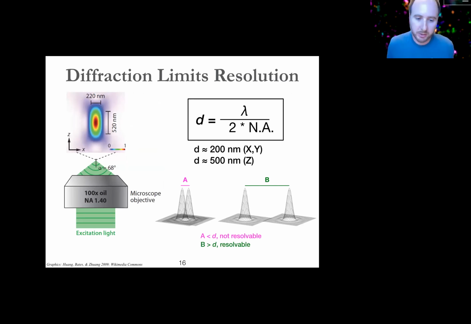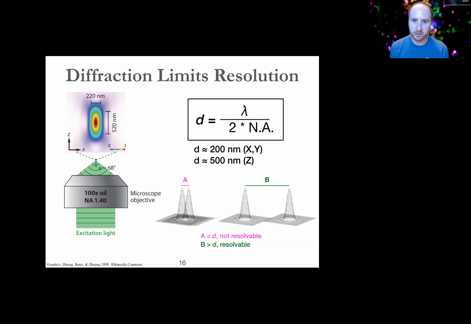So when we talk about super resolution imaging, the problem we're essentially trying to get around is the property of diffraction limiting how small of an object we can resolve with our microscope, no matter how much money we spend trying to make it fancy. So practically, for the wavelengths that we are most likely to image in an in situ hybridization experiment, say, that ends up bounding you on the order of about 200 nanometers or so in the XY or lateral dimension, and 500 nanometers or so in the Z or axial dimension.